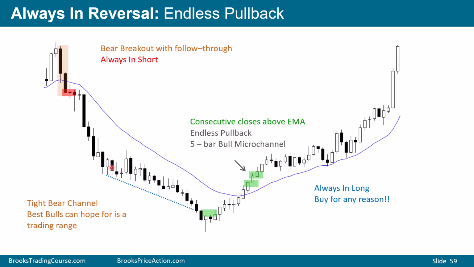Traders are selling all the way down, but at some point, the market becomes too climactic. We got a bear breakout below the bear channel here, and then the market started to stabilize. Bears, if they're selling, what are they going to do? And at some point, if they're short and they're scaling in, what are they going to do when they see a bull bar crossing the moving average, and then another bull bar crossing the moving average here, here, and here? Those bears are going to be forced to buy back their shorts for a loss.